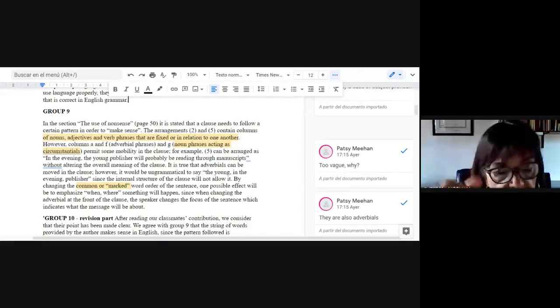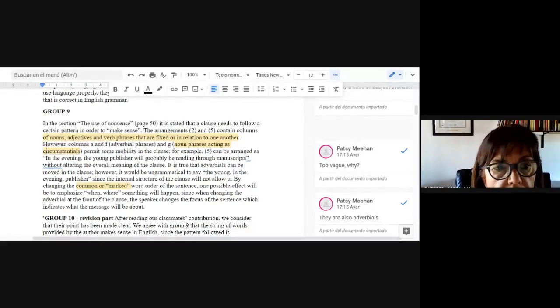Then he keeps on working, playing with these words. And what group 9 and 10 had to work with was examples, with the columns. Example 2 was this one, Plum the plikful. And example 5, probably the young publisher will be reading manuscripts through in the evening. It said the arrangements 2 and 5 contain columns of nouns, adjectives, and verb phrases that are fixed or in